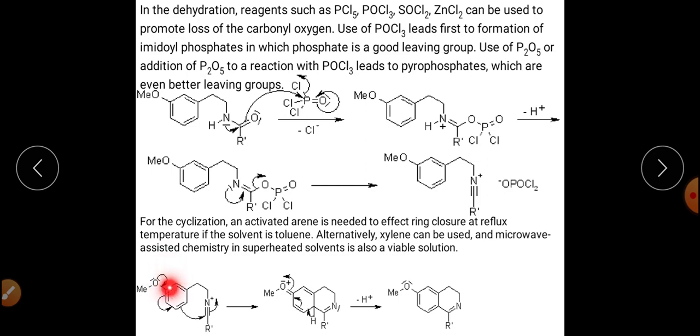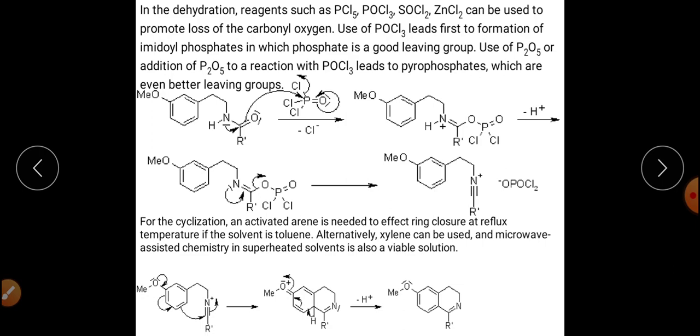When this electron pair attacks this particular carbon, with the movement of electrons, because the nitrogen is carrying the positive charge, electrons will be moved from this carbon to nitrogen. So here cyclization will happen, and after cyclization the H positive will be eliminated and it will get converted into this particular moiety, that is called the